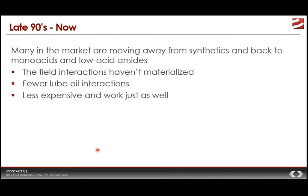And cents and hundredths of a cent, that matters to these people. So because of these synthetics, at one time people thought that they were going to become the dominant ones in the marketplace, but as we've moved towards today, a lot of places that used to be using these synthetic lubricity agents are starting to move away from them because first of all, they're too expensive. And what they have found is that the old fears with the monoacids, the old fears about lubricating oil interactions out in the field and cold weather deposit formation,